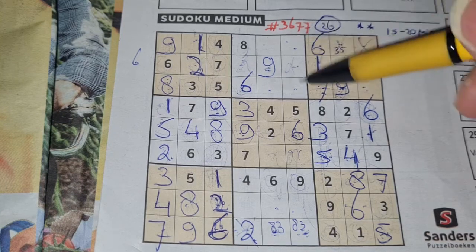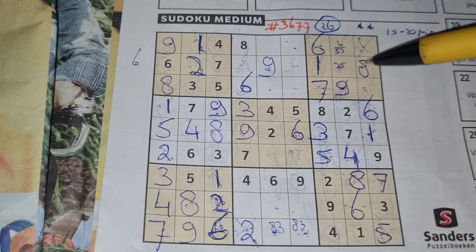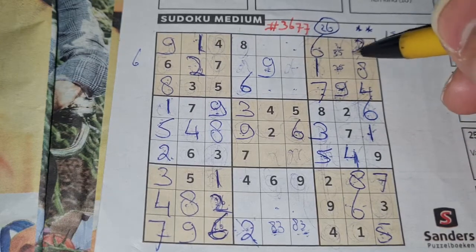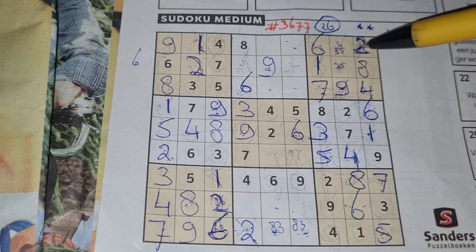2 numbers left in this big square for numbers 1. The 2 is missing, 3, and the 4 is missing. 2 and a 4. We have a 4 there, no 4 there. 4 should be here, and the 2 goes there. Alright. So we have a 2